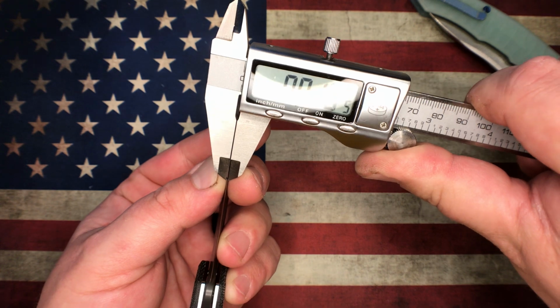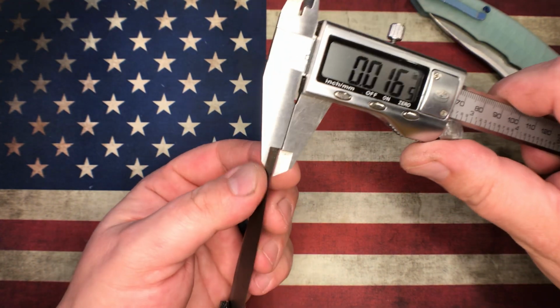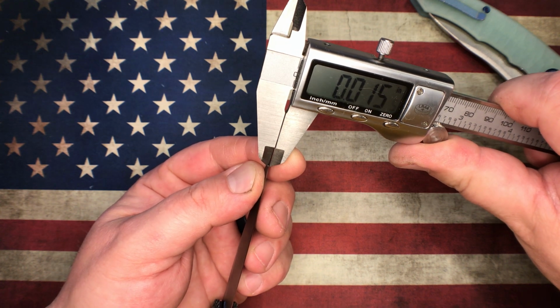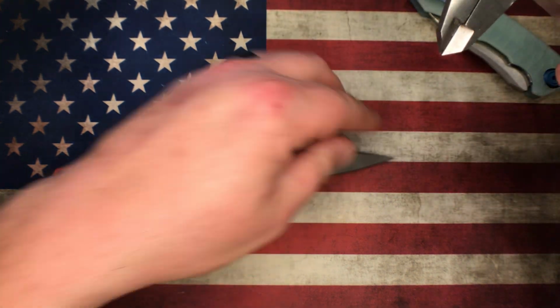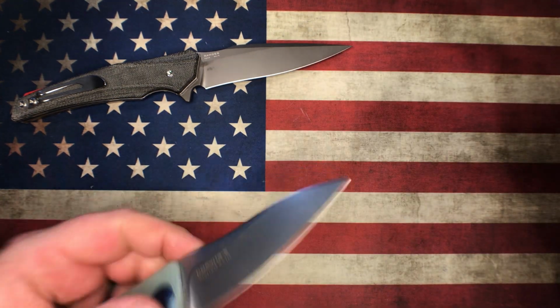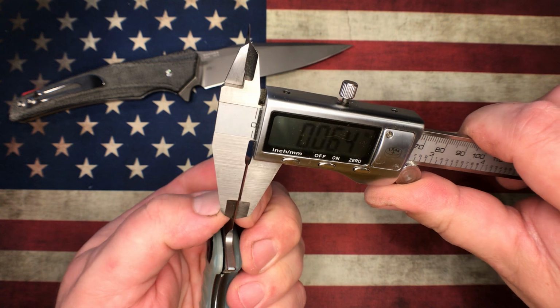Your 16 thousandths. Sorry about the light glare. Right there. And then let's get one right out here at the tip, or close to it anyway. So again, 15 thousandths. For a big knife, this thing is really, really well ground and thin behind the edge. On the Corvus-K,